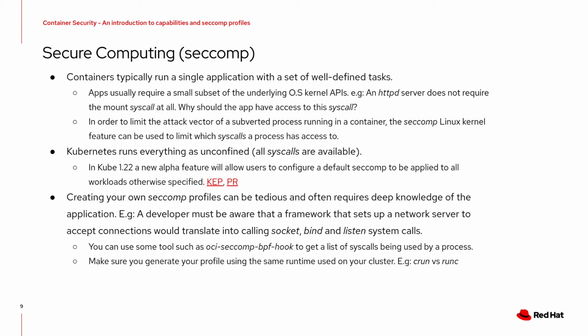For example, a developer must be aware that a framework that sets up a network server to accept connections would translate into calling socket, bind, and listen system calls. So as you can imagine, that's not something very common. But there are some tools that can help you to get the syscalls that are being done by an application. For example, you have tools such as OCI Seccomp BPF hook